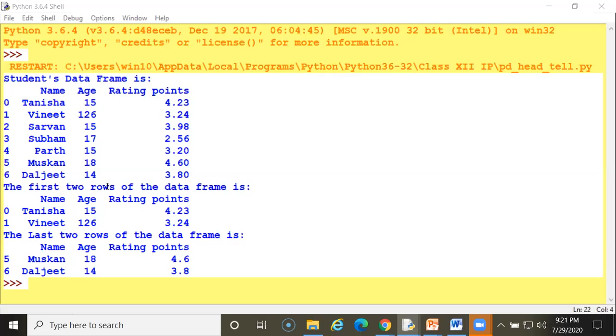Now here the first two rows of the data frame. Which are the first two rows? Tanisha and Vineet are first two. See, the first two rows are displaying here, and age is by mistake given. So here the last two rows it is showing. Which is the last?